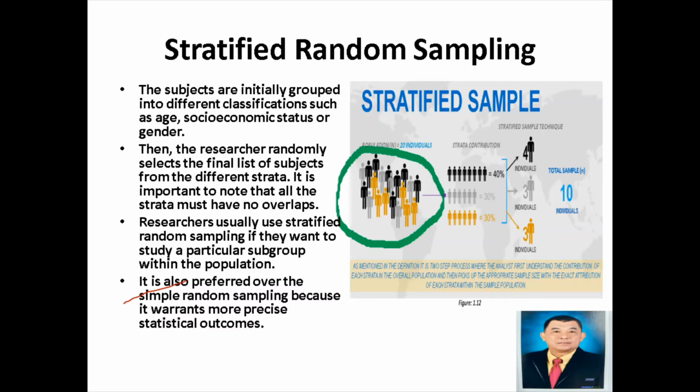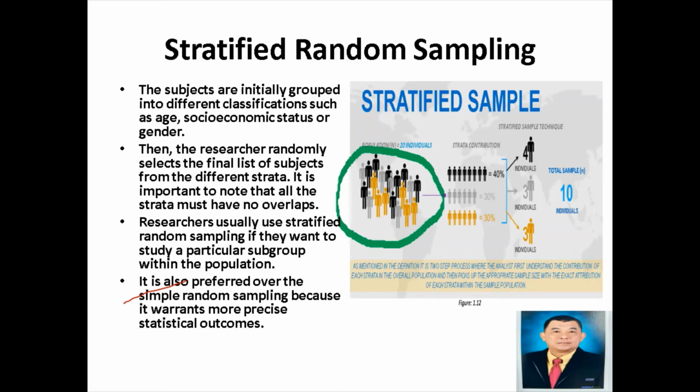That is the total population. Now, we are going to use stratified random sampling because we want to study race and ethnic groups in the United States. Therefore, we are going to do our strata